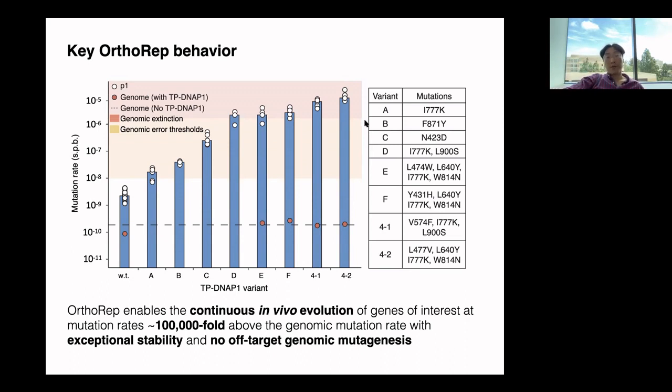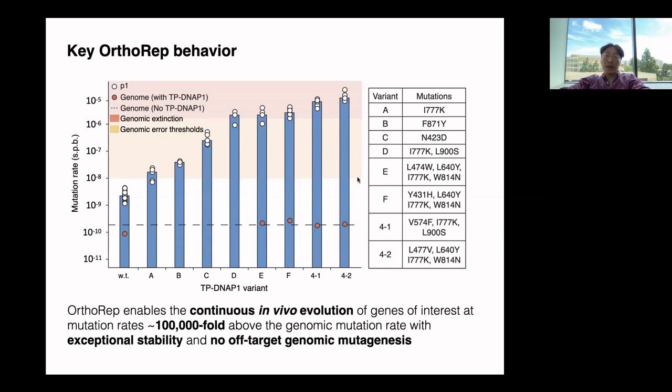But what we also found, and this is not a surprise, is that even if we're not quite at the genomic extinction threshold, if you just elevate yeast's endogenous mutation rate by a couple orders of magnitude, say to 10 to the minus 8, you start seeing growth defects that are quite severe. And what the cells do is, even though they can grow, since they're growing very slowly and they're obviously sick, they will find ways to then reduce their genomic mutation rate back to closer to 10 to the minus